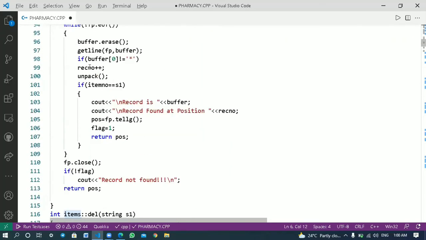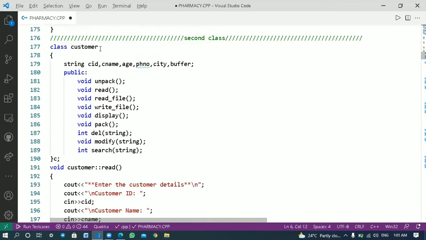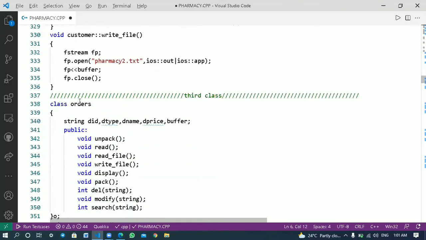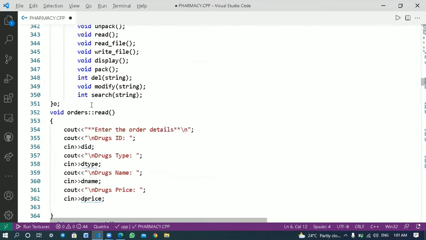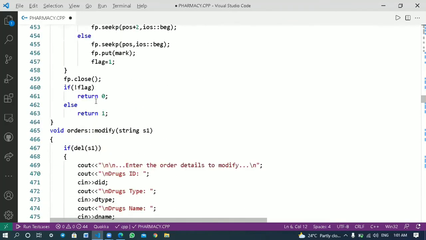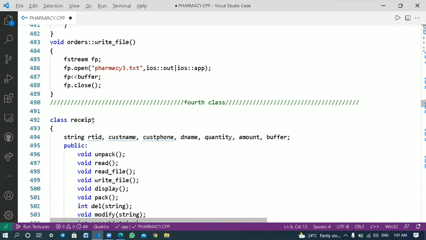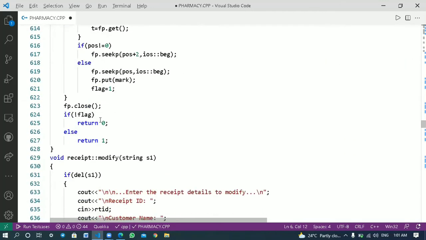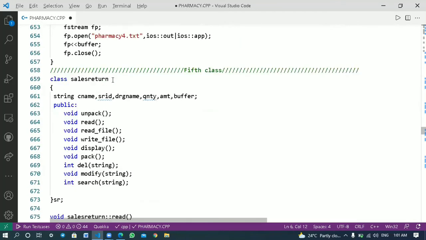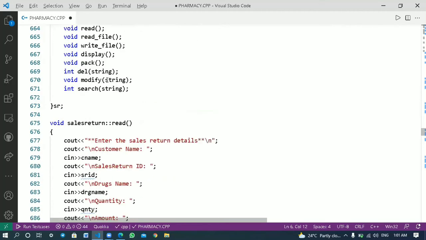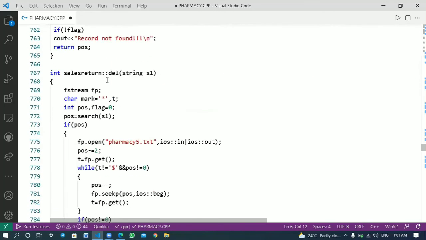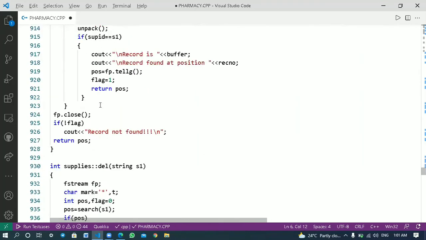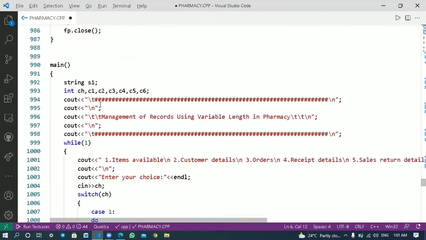Similarly, class 2 has customer, class 3 has orders, class 4 has receipt, class 5 has sales return, class 6 has supplies. The same functions are used as in item.